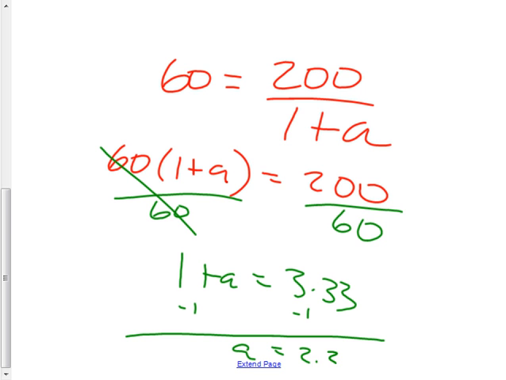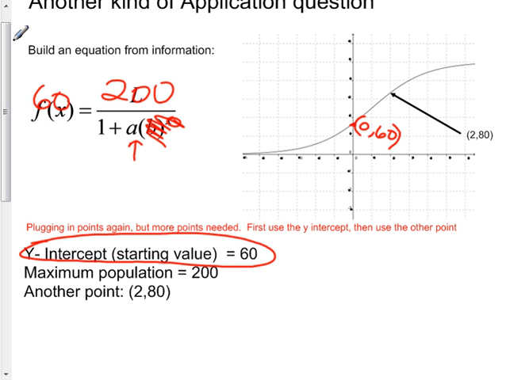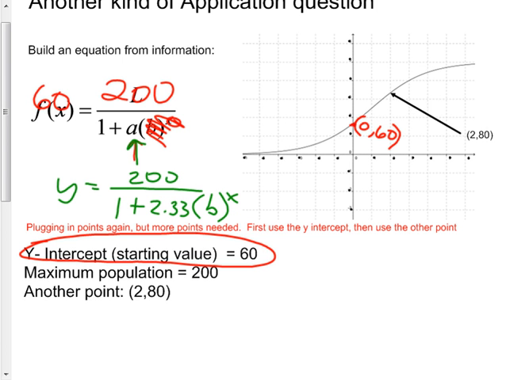It took me a while. But you know how I used to stick in A was whatever they told me? Doesn't work. Because what is A? 2.33. So I now can put a 2.33 right there. So now I have y equals 200 over 1 plus 2.33 b to the x. And now I take the other point, 2 comma 80, and drop it in there. X is 2, y is 80,